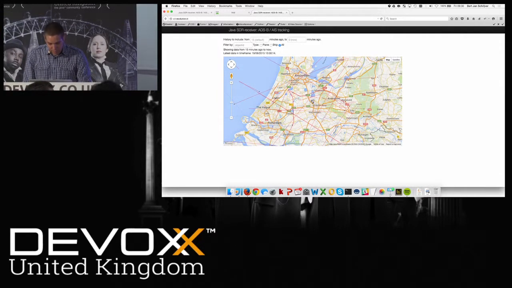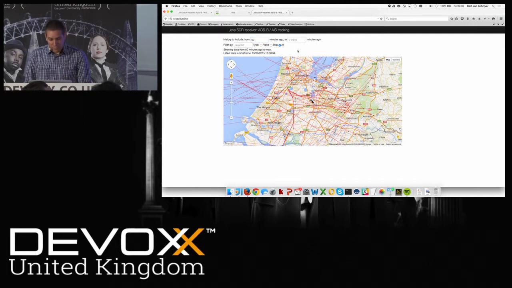So I live here near the center of the Netherlands. Amsterdam is here, where Schiphol is. And you can see all kinds of flight paths forming. These are planes ascending here and then moving above Hilversum, then go away here, and they're here going south. And when we increase the history, you can see that there are bigger flight paths forming.